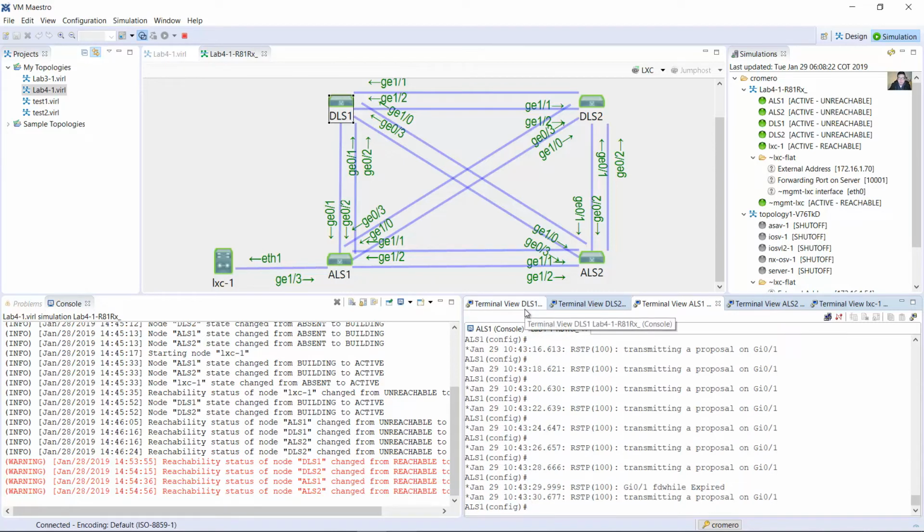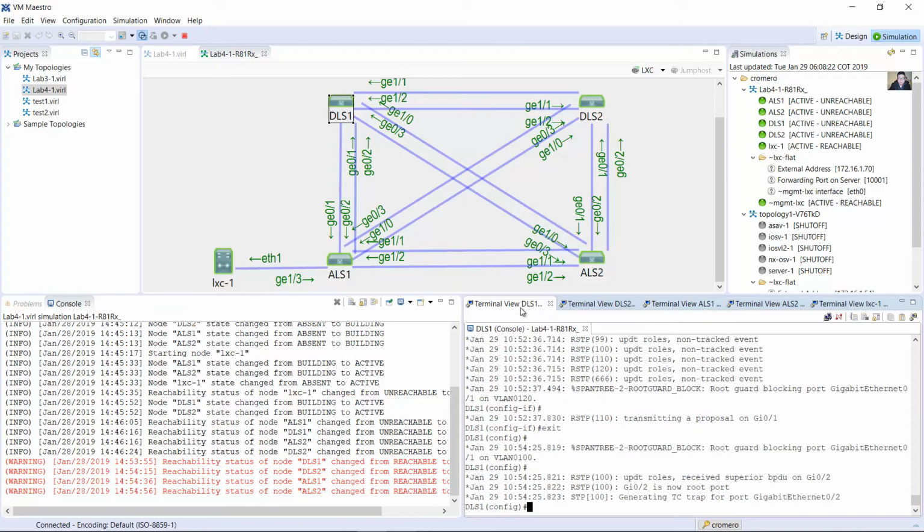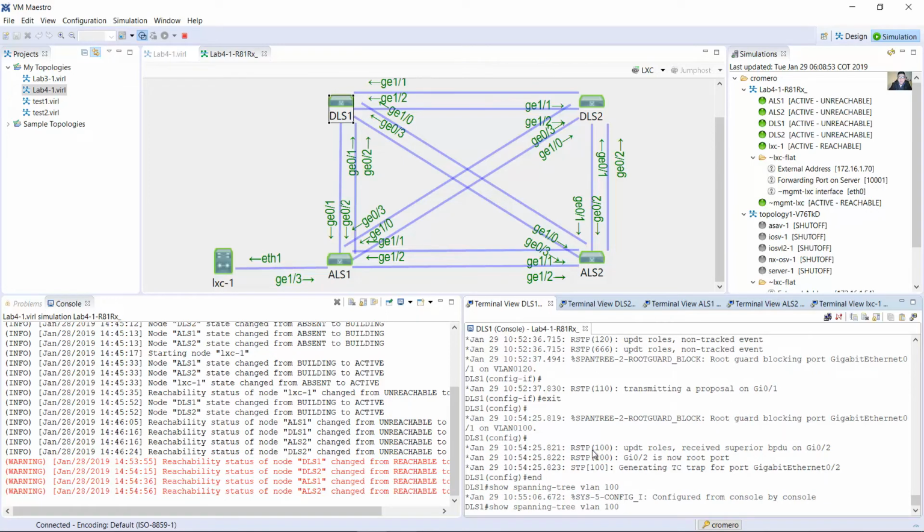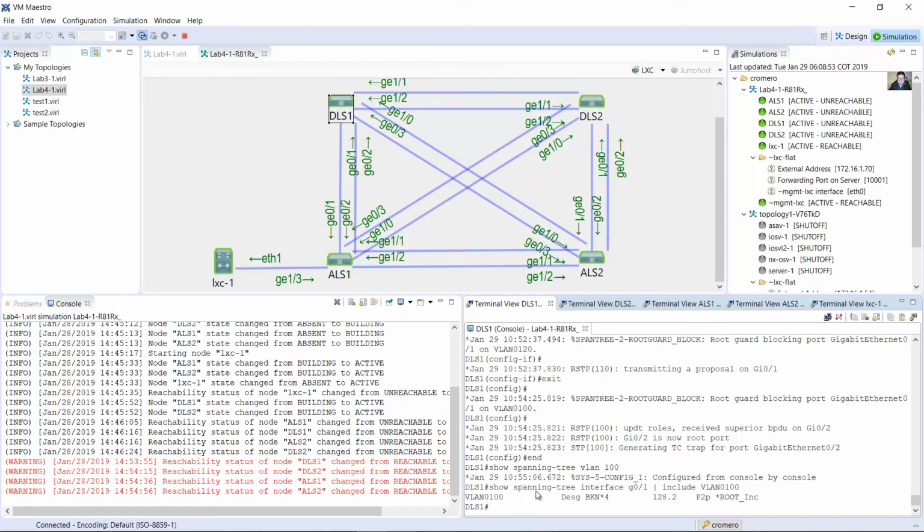Back to DLS1 and verify the gigabit 0/1 interface. Show spanning-tree interface gigabit 0/1 and include the keyword VLAN 0100. Okay, on DLS1, the designated